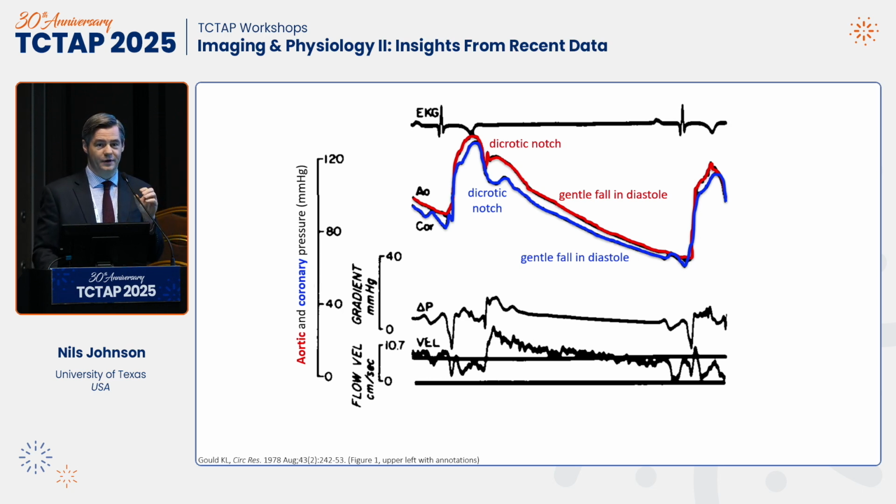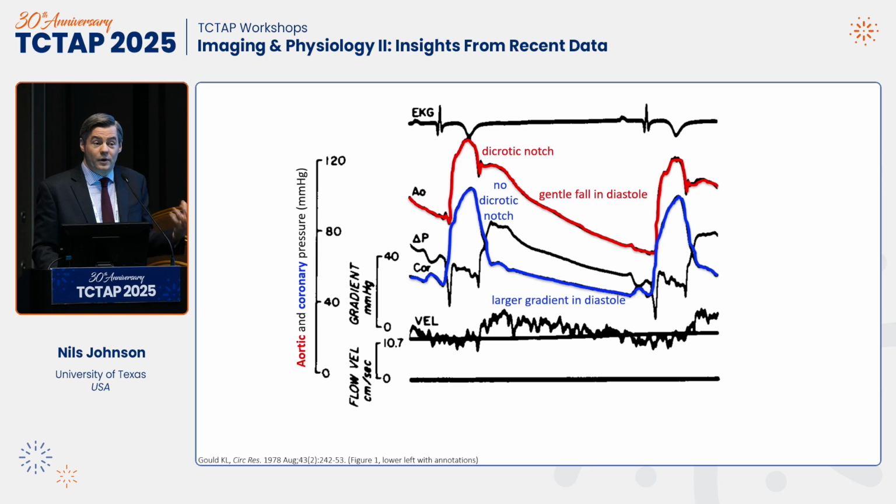First, there should be a very nice dicrotic notch, and the second is a very gentle fall during diastole. Now, as a coronary lesion emerges, this is where the circumflex has now been pinched, you can see two things happen. The first is that the coronary pressure loses its dicrotic notch, and the second is that the gradient is larger in diastole. Of course, the aortic pressure doesn't change because the aortic pressure doesn't care what's going on in